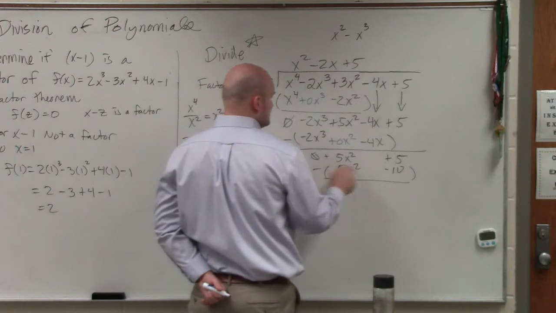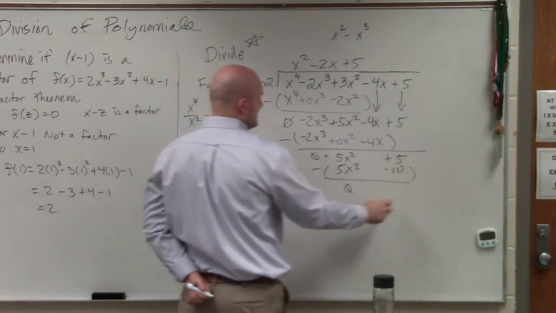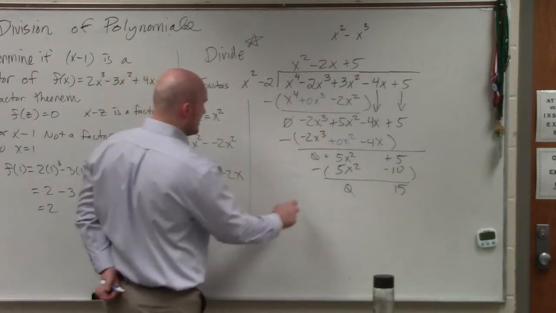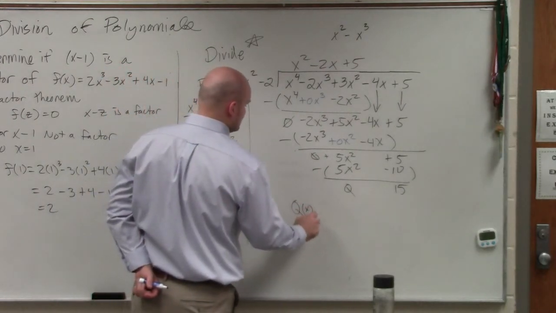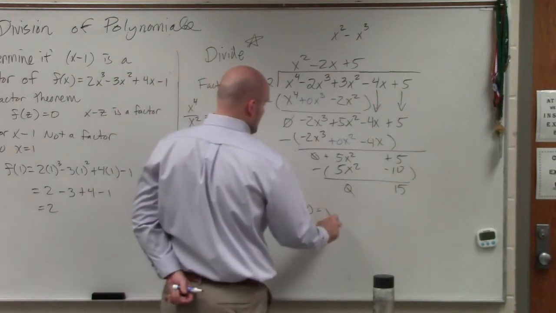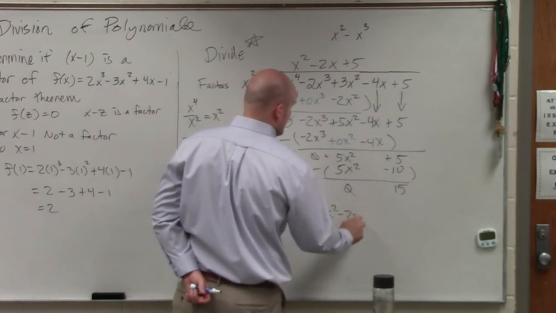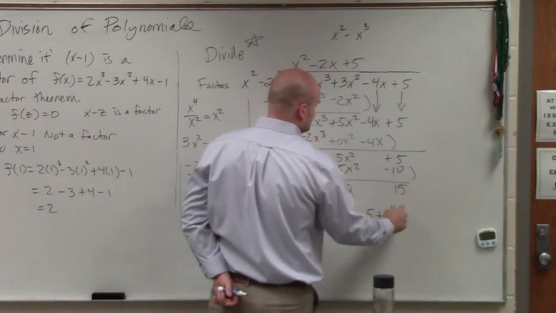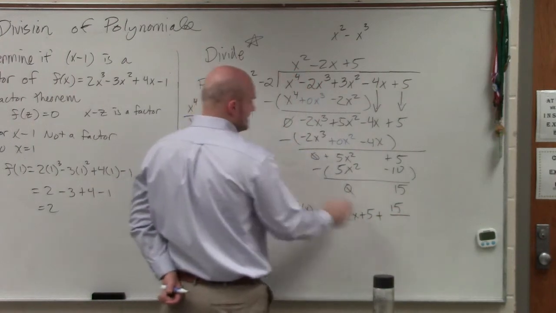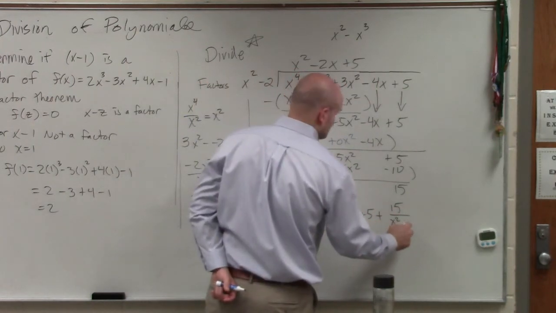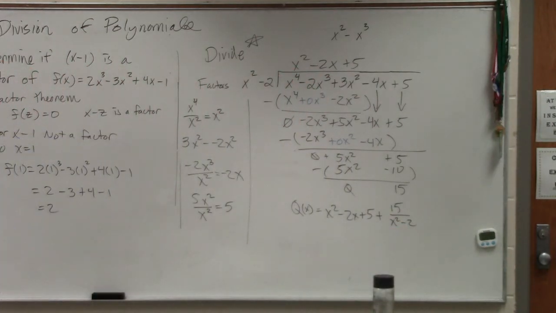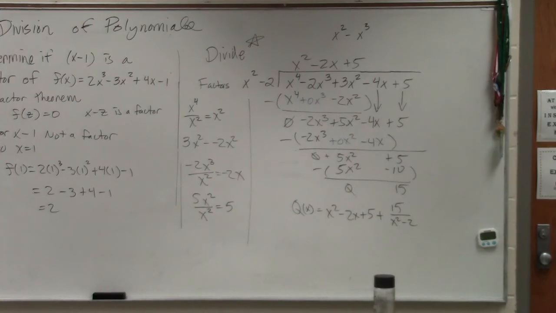And we have 5 minus a negative 10 is 15. So we have our remainder. So we write our q of x is equal to x squared minus 2x plus 5 plus my remainder over my divisor. Now, since we have a remainder, is x squared minus 2 a